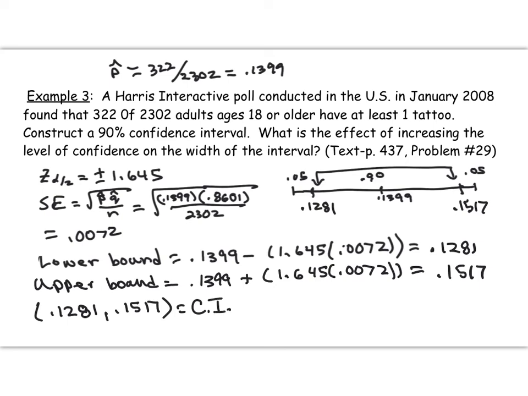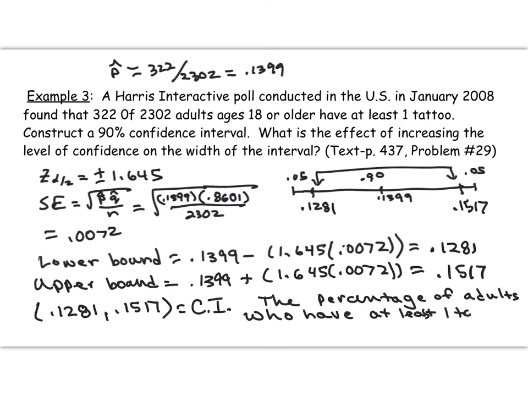My statement would be the percentage of adults who have at least one tattoo is 13.99% plus or